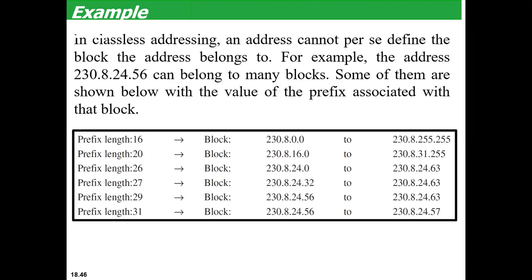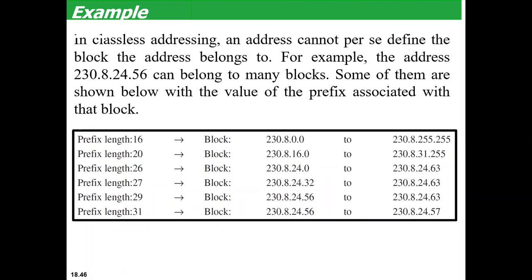Fine. So how do we get the first address? You use three operations: AND, OR, and NOT. These operations can be applied to the individual bytes. Due to lack of time, I'll just give you the theory here. Problems I will do in a separate video and upload. We will discuss more about this address mask.